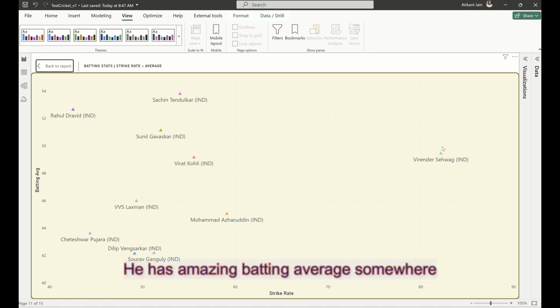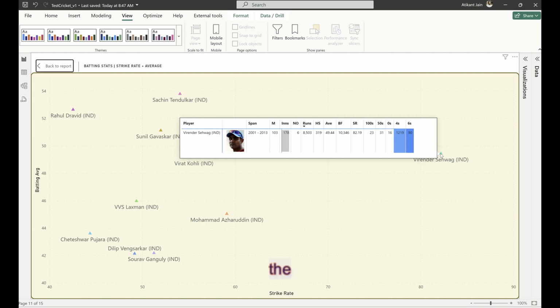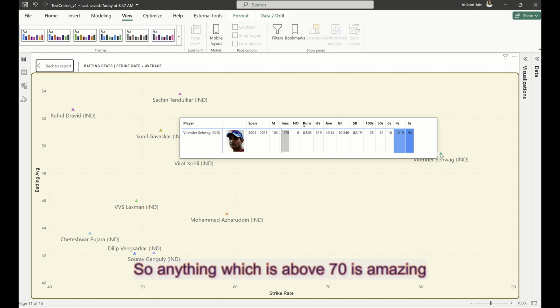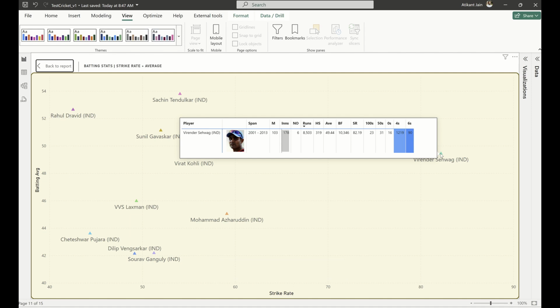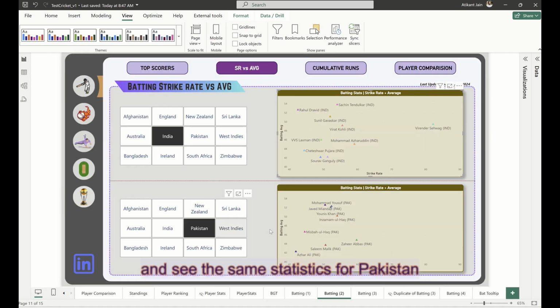He has an amazing batting average of somewhere around 49, with a strike rate of more than 80. So this is outstanding from a test cricket perspective. Anything above 70 is an amazing strike rate in test cricket when you're scoring more runs, right? So if you go back to the report and see the same statistics for Pakistan, for example, you will see